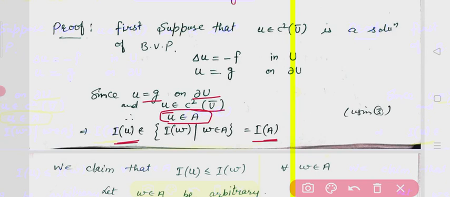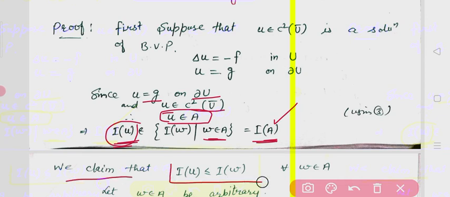where I is I of w, where w belongs to A, right? So that means Iu belongs to IA, right? So अगर Iu इससे बिलोंग कर रहा है तो A के सभी वैल्यूज पर हम I की वैल्यू निकाल लेंगे और we will have to prove that Iu आपका minimum है. You have to show that. So that means what is our claim, our claim is that Iu is less than or equal to Iw for all w belongs to A,